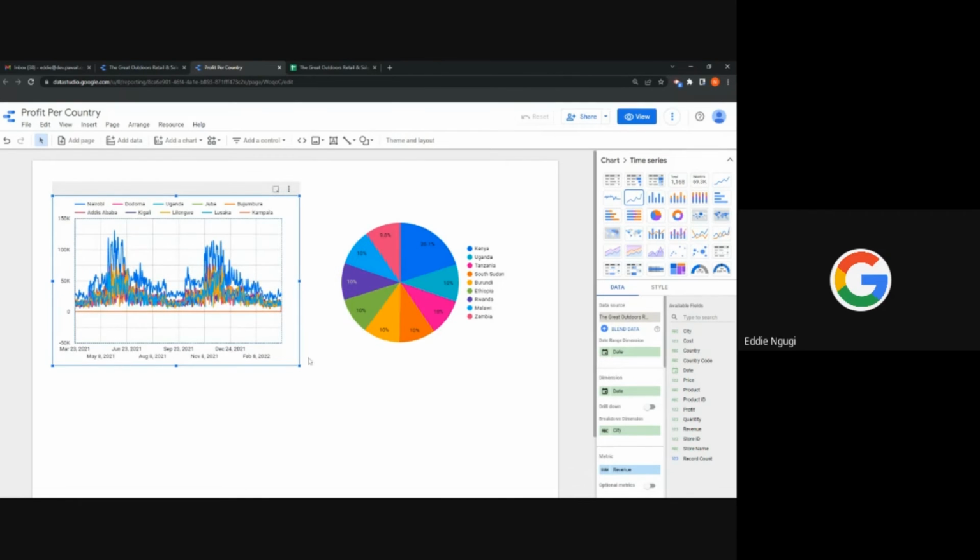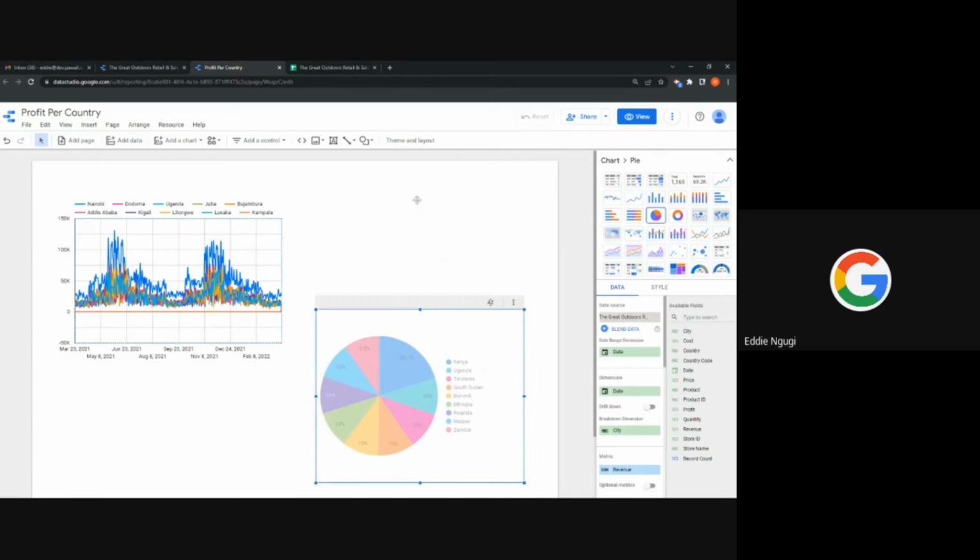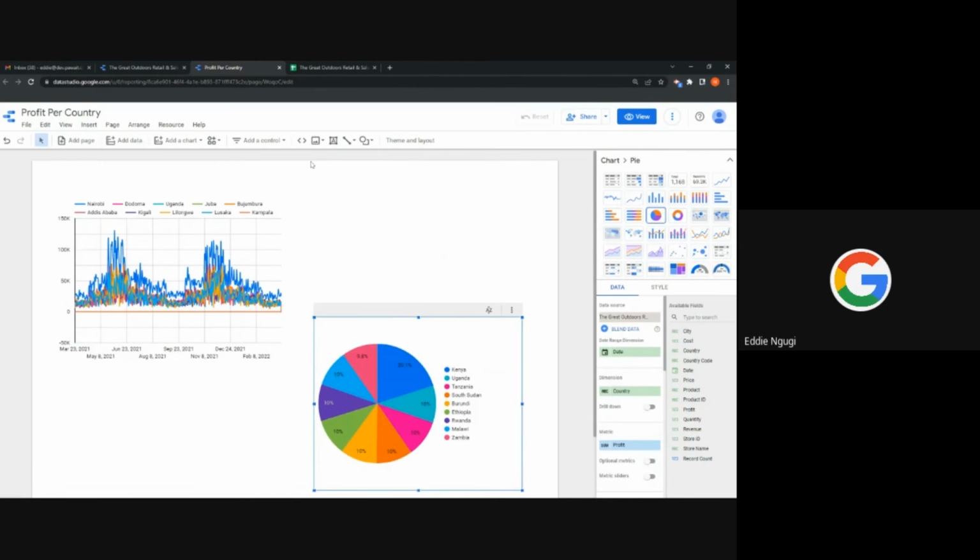From here you can see different spikes. So far you have two charts. One showing the profit margins between the different cities that our stores are in, and this is a time series showing the different charts. But then we can actually do an additional thing and filter our view to a specific